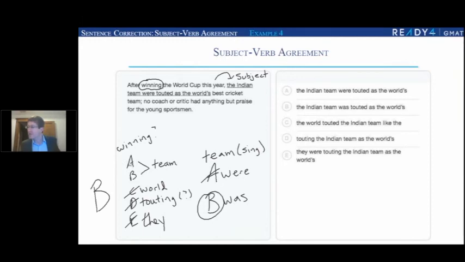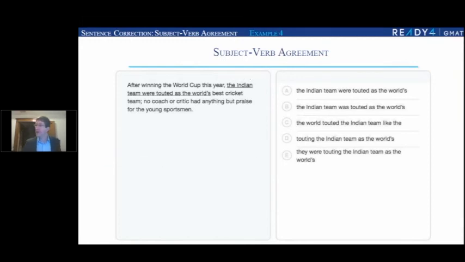Notice in both these examples, this one and the one before, that on average you have to have two decisions or two rules that you use, and that normally you go from 5 answers down to 2, and then from 2 down to 1. So it might be one rule is about singular and plural, the other rule might be about something totally different like a modifier. That's actually quite normal.